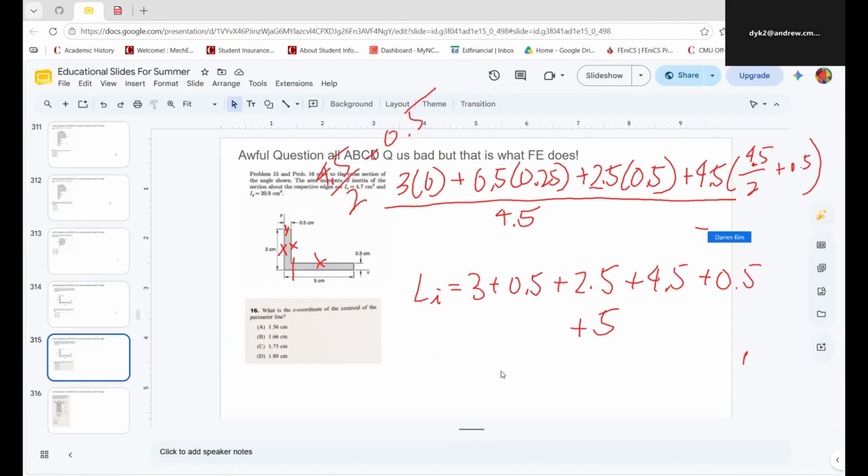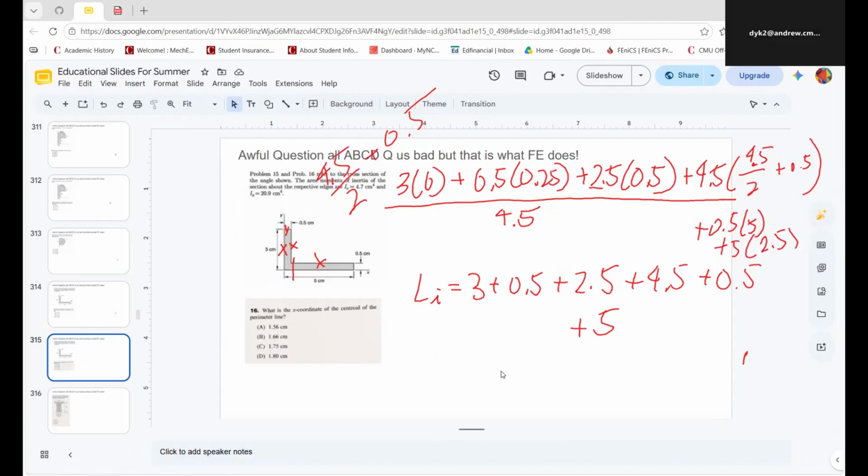Then plus 0.5 multiplied by 5, and plus 5 multiplied by 2.5. So it's 0 plus 0.5 multiplied by 0.25 plus 2.5 multiplied by 0.5 plus 4.5 times (4.5 divided by 2 plus 0.5) plus 0.5 multiplied by 5 plus 5 multiplied by 2.5, divided by 4.5, equals about